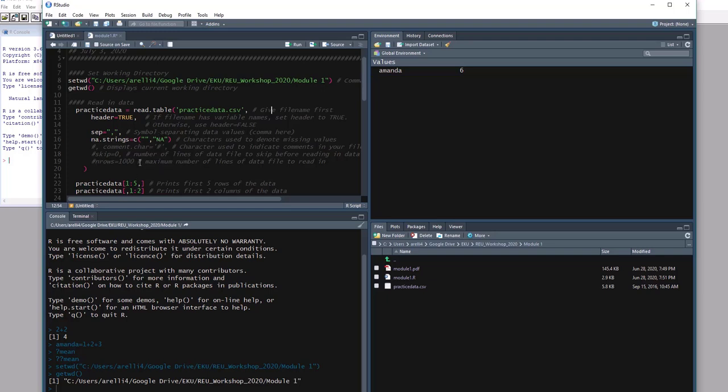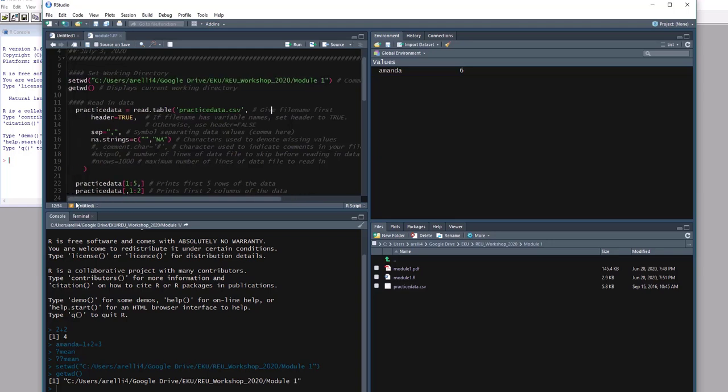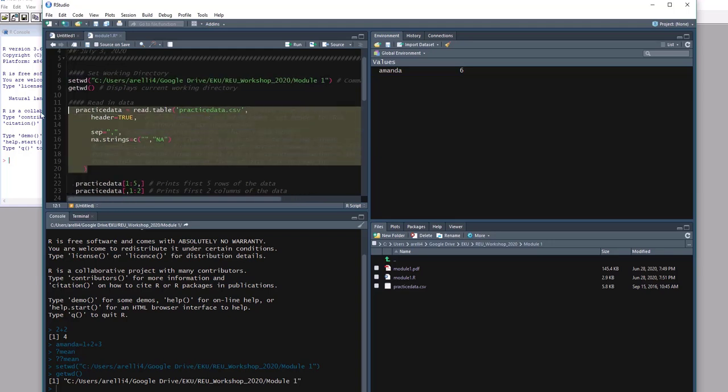These are some other options that you might want that I haven't included. So if there are comments in your data file, you can tell R, hey, these are comments, you can ignore these. You might want to skip a couple lines before reading in the data. So maybe there's some notes up at the top of the file. Or you may want R to only read in the first 1,000 or 2,000 rows, and this is how you can tell it that. Now to run this, we're going to highlight the entire piece and we're going to click